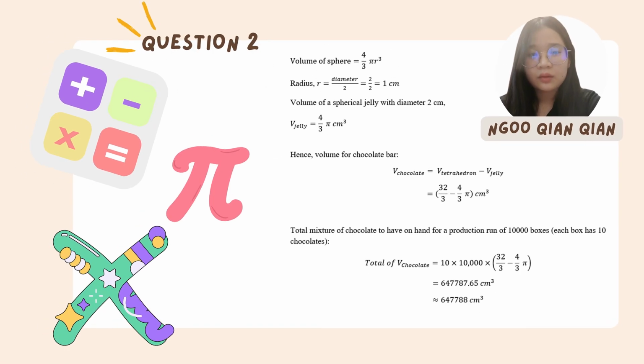Then, we find the volume of the spherical jelly with a diameter of 2 cm by using the formula 4/3 pi r cubed and get the result 4/3 pi cm cubed. After that, we find the volume of the chocolate bar and get 32/3 minus 4/3 pi cm cubed. Finally, we find the total mixture of chocolate to have on hand for a production run of 10,000 boxes and get the final answer, which is